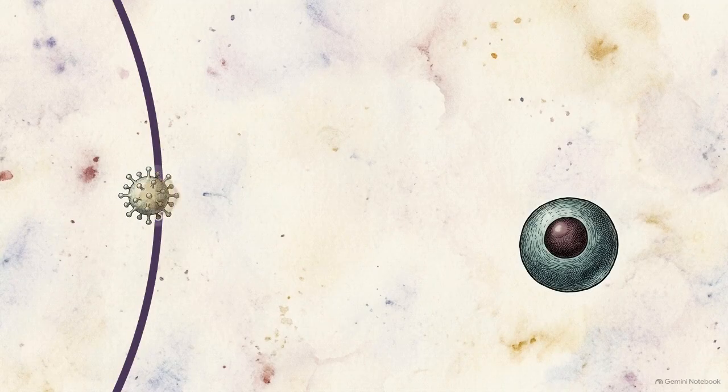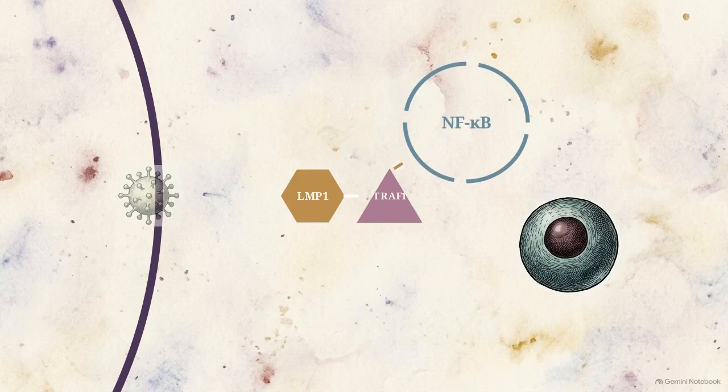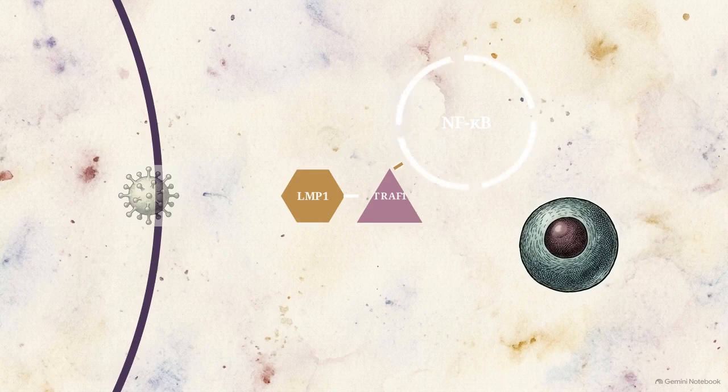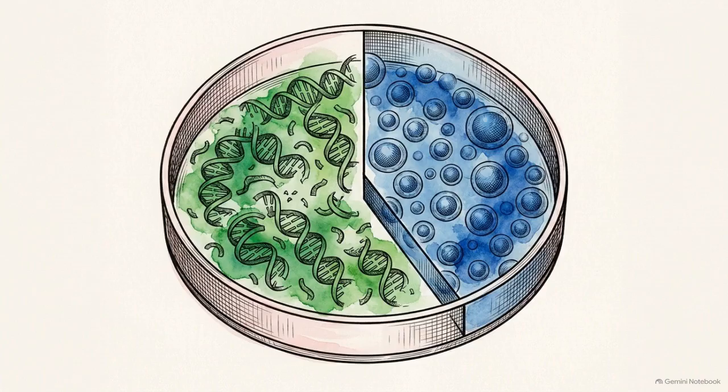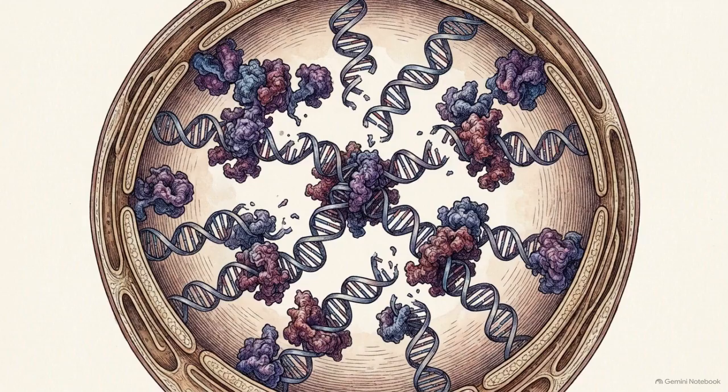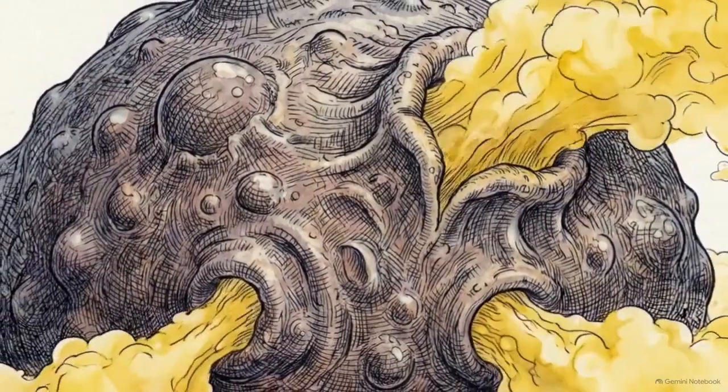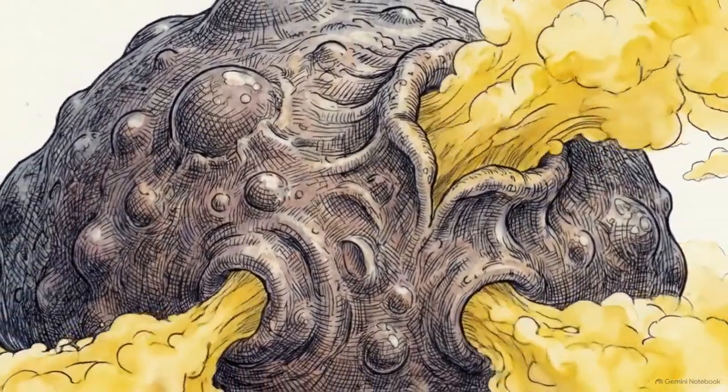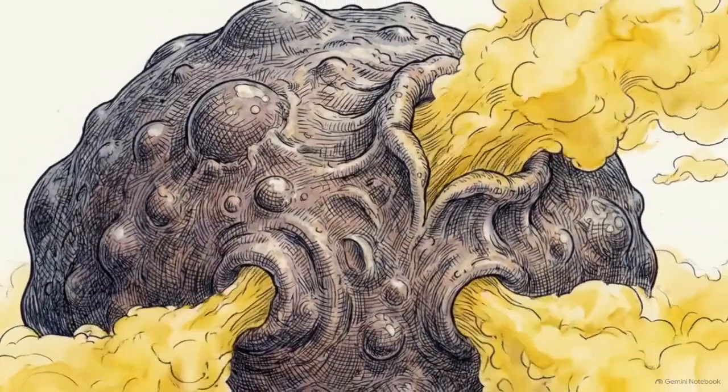The virus integrates its genome into the cell, introducing latent membrane protein 1 into the signaling network. LMP1 interacts with tumor necrosis factor receptor-associated factor 1, upregulating the NF-kappa B pathway to maximize gene expression. EBV genome fragments are found in up to 50% of Hodgkin lymphoma specimens. The virus provides the exact genetic rescue and repair machinery needed for the crippled cell to evade apoptosis. This viral molecular engine locks the Reed-Sternberg cell into an immortal, hyperactive state, fueling the continuous cytokine production required to